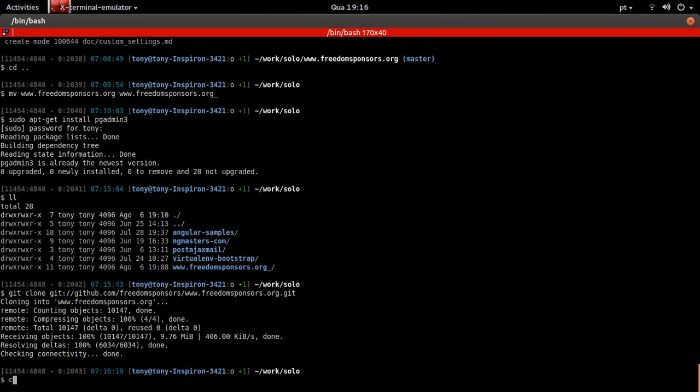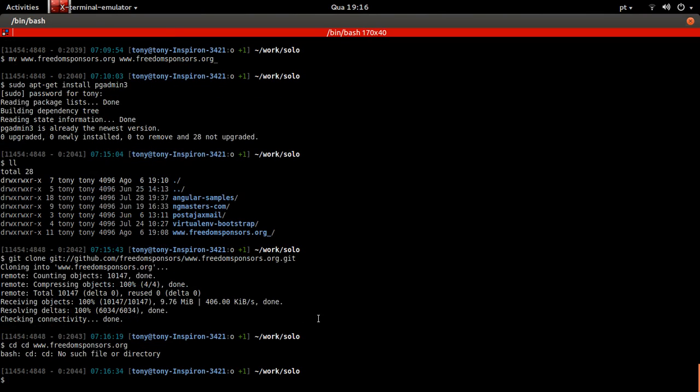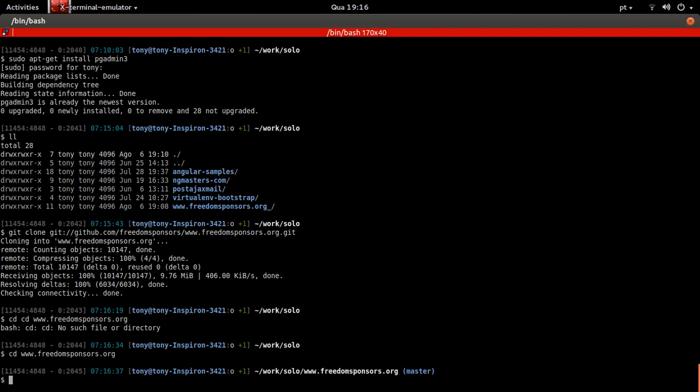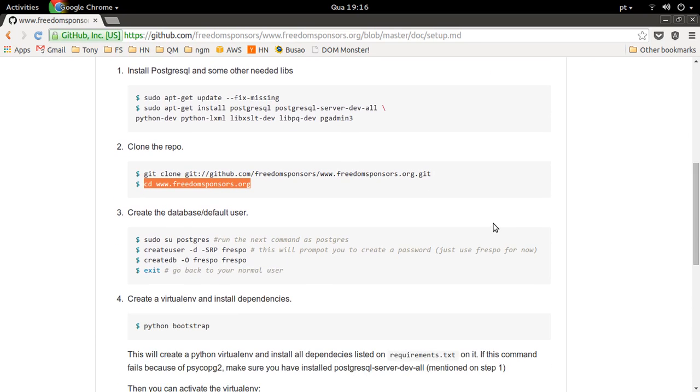The next step is to enter this directory here, which was just created by git. I just have to type cd once. Okay. So step 3 is where you create a database on Postgres for Freedom Sponsors to work. This will switch to the Postgres user on your Linux. This will create a user on the database called Frespo, and this will create a database called Frespo, which is